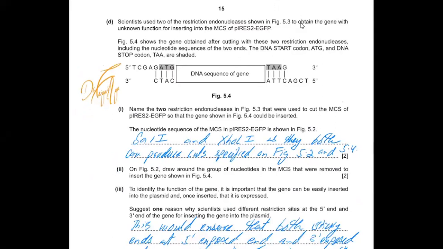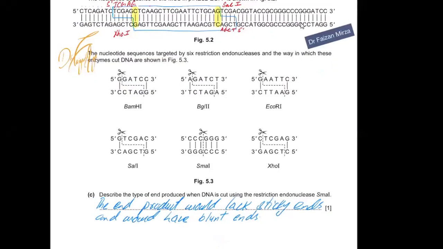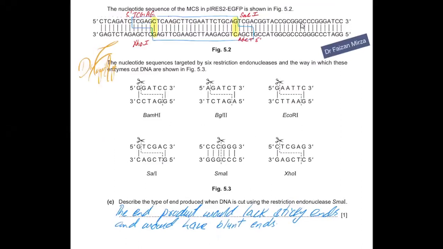So what we need to do is look at the restriction sites of these. We know the restriction site has TCGA at 5 prime, so the enzyme must cut this, and the opposite strand must be TCGAC at 5 prime here. If we go back, we see that the two enzymes, Sal1 and Xho1, are the ones producing the cuts at the specific sites in figures 5.2 and 5.4. If we go to this diagram, we can see that this enzyme produces a cut